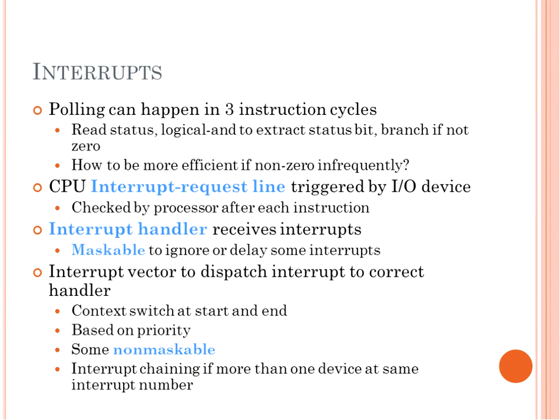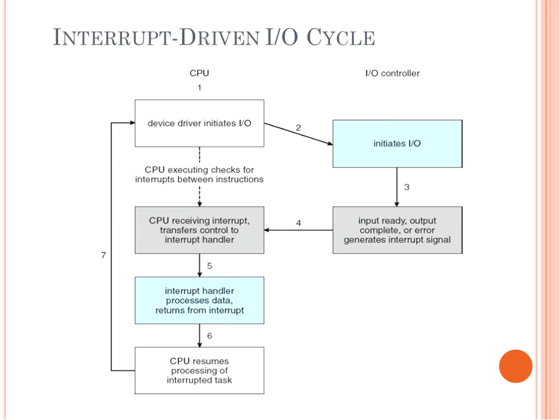Interrupts, on the other hand, is where it takes some action right away. Every interrupt has an associated list of instructions so that it knows, when it's interrupted, what to do next. So the interrupt includes the actions that are going to occur. Any questions so far? These are just strategies that are used. We looked at interrupts already when we looked at processes. Very similar. So here's an interrupt-driven input-output cycle.